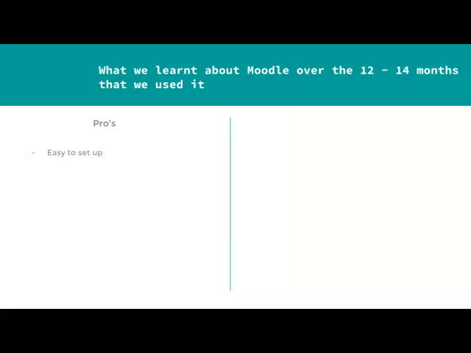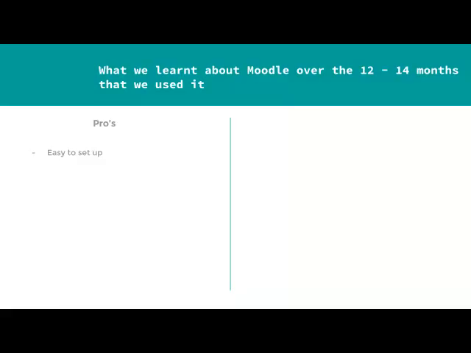Now, this session is not about bashing Moodle. Moodle is a very robust and a very, very powerful learning management system. And it would be really wrong to go out and say that it's not one of the best learning management systems there is. It most definitely is. If Moodle is used in the right niche, it is extremely powerful. But one of the things that I'm going to go through is why we changed and why we moved to utilizing WordPress and the pros and cons there.